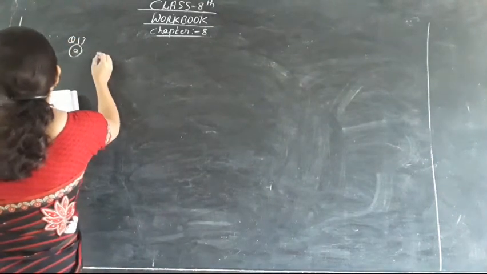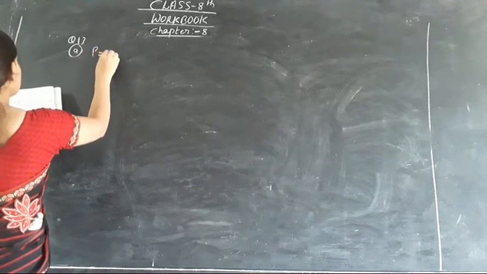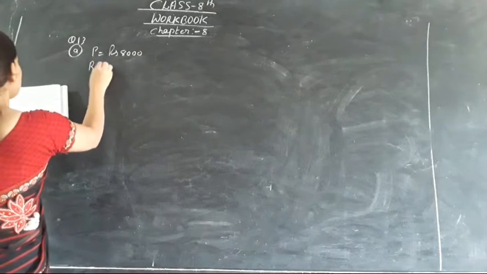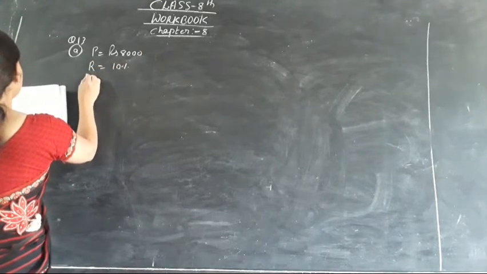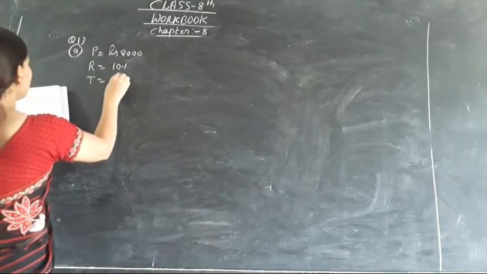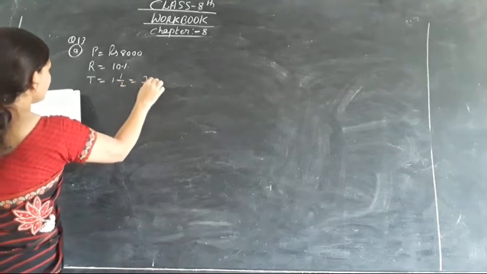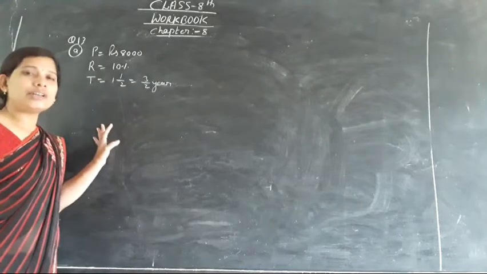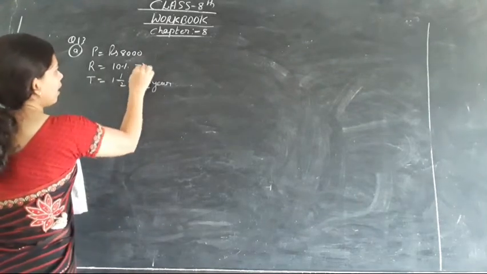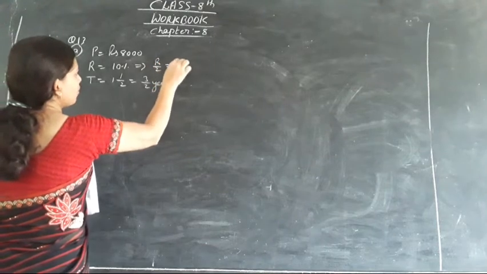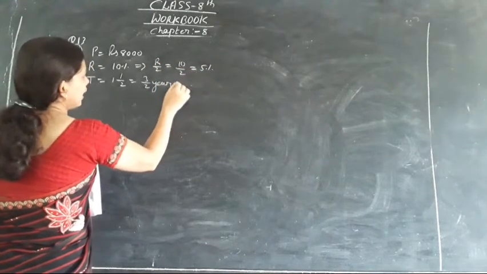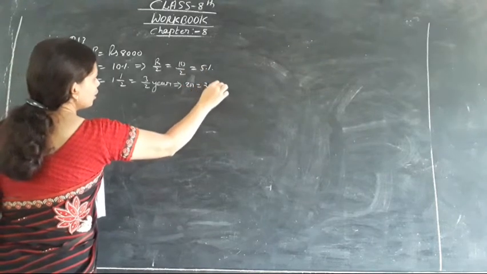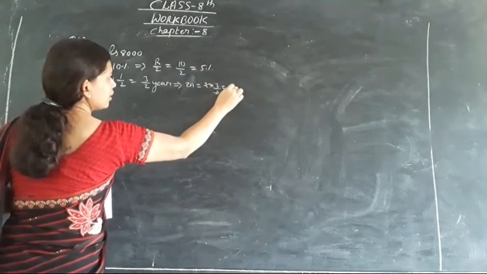It is that find the compound interest when principal is given as rupees 8,000. Okay. Rate is given as 10% and time is given as 1 and 1 by 2 years, so it will be 3 by 2 years, compounded half yearly, that means rate will become half. So 10 upon 2 it will become 5%. And time becomes double, so 2n, so 2 into 3 by 2. So here the time will be 3 years.